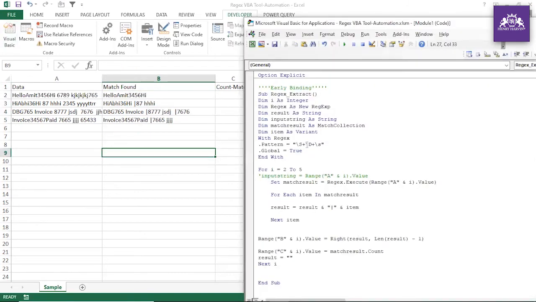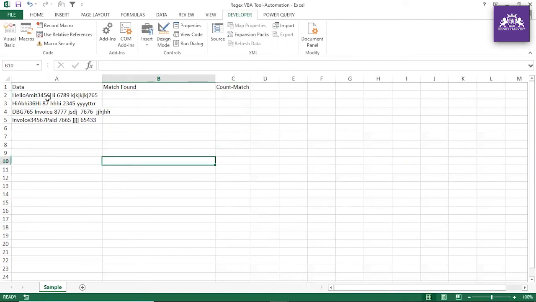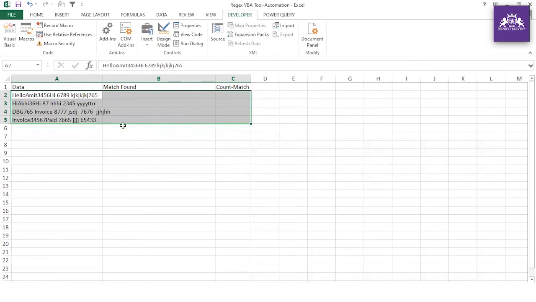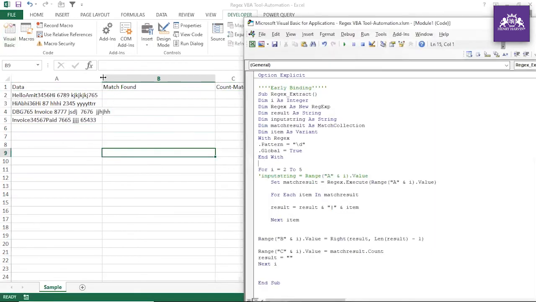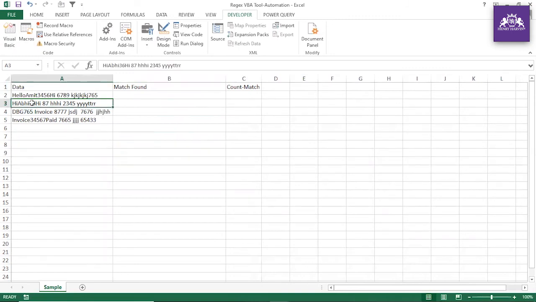So let me just remove all that, and I'm putting \d. And there is one more thing. If you look at this example, I want to extract only the numbers which have 4 digits. I don't want to extract 87 or 236. Over here, I want to extract 3, 4, 5, 6, 7, 6, 6, 7, 8, 9.